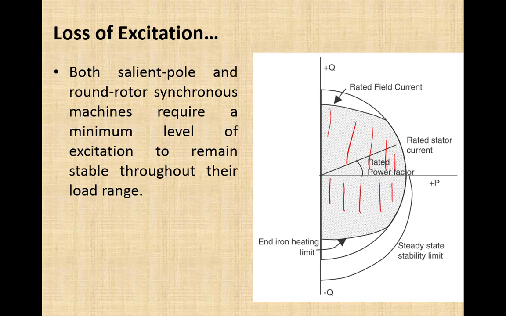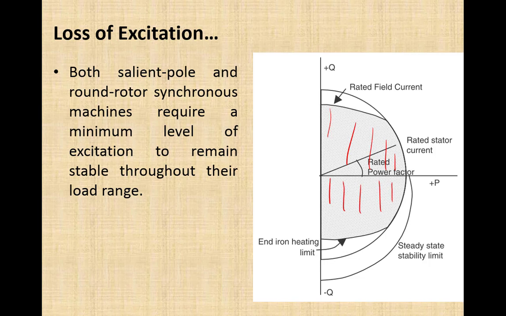If we completely lose excitation on the generator side, then that situation will result in unstable operation of the generator, because voltage will collapse. There will be a large amount of reactive power being induced in the rotor, so terminal voltage will drop, and heavy current will flow from the system into the generator. The generator may even become a motor. So there will be a disturbance in the operation of the synchronous generator if there is complete loss of excitation. If the generator loses complete excitation, then the generator will become unstable.